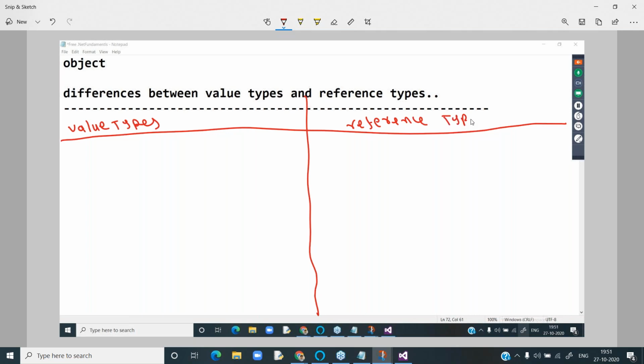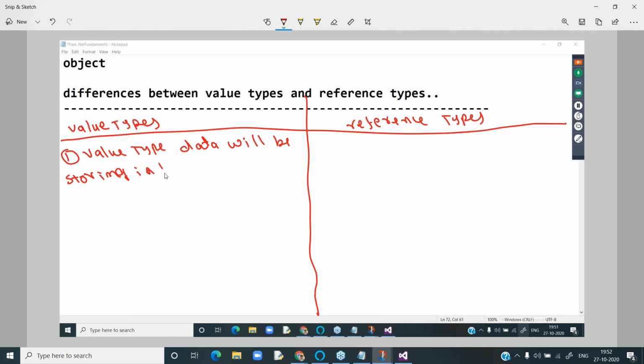Reference types are number one class, number two delegates, number three interface. This is the third point.